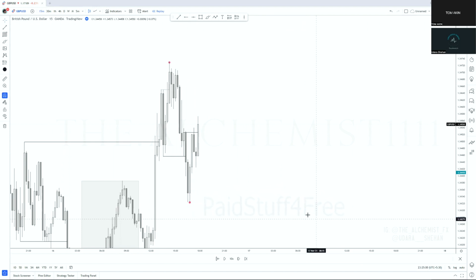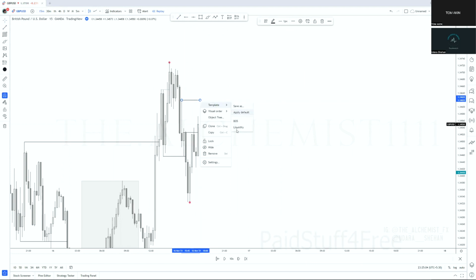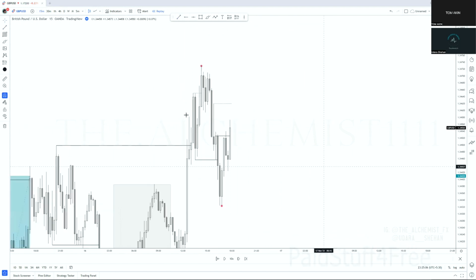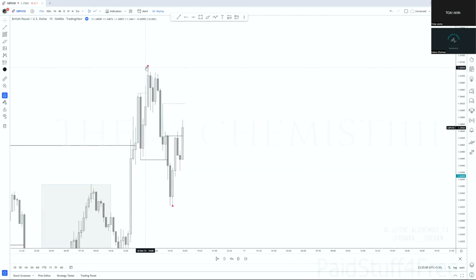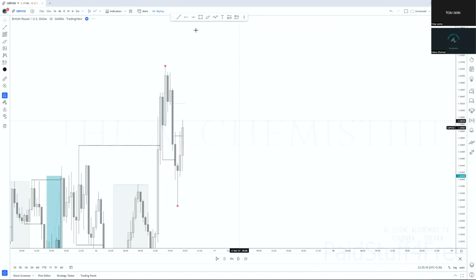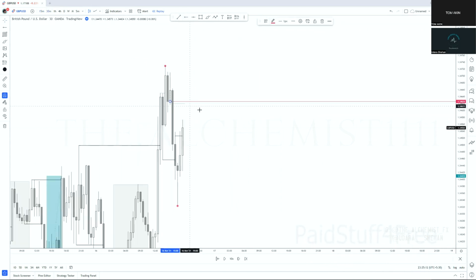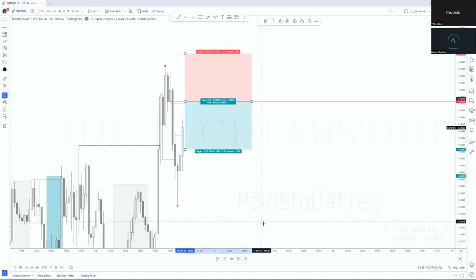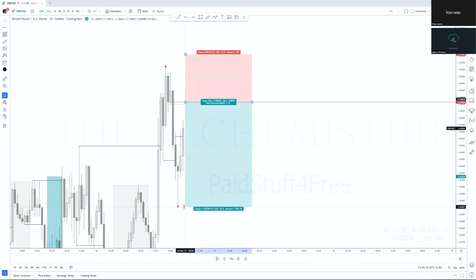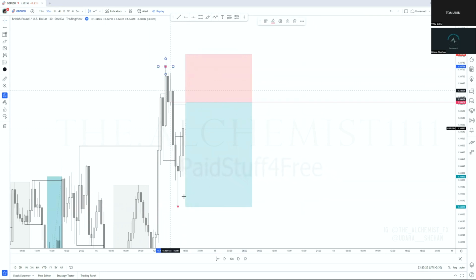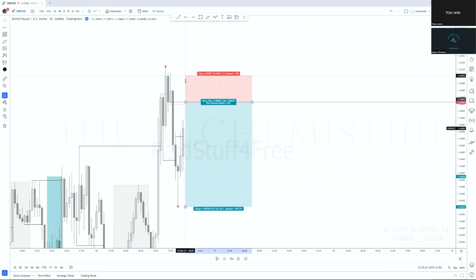Can you understand that? And then this long wick right here was the what? Internal range liquidity on the 5 minute. So above that, what do we look for? High time frame point of interest. And very clearly we had an order block. So what I did was sell it, targeting the external range liquidity of this range,